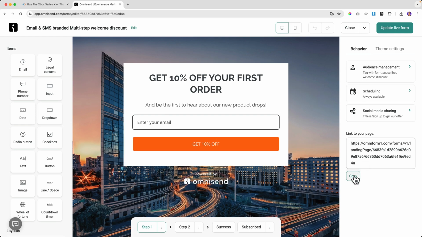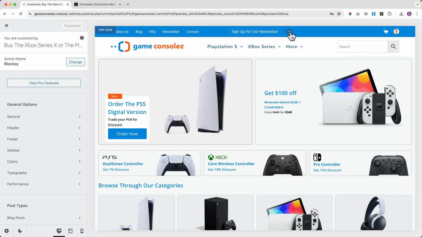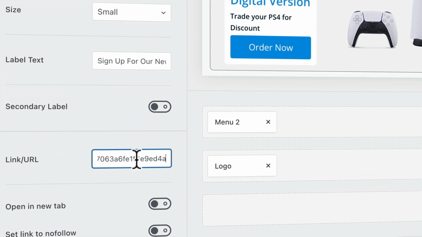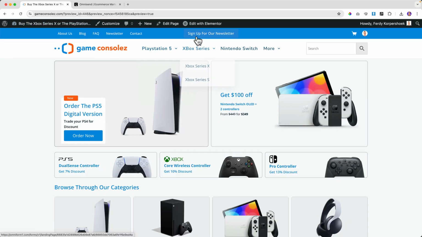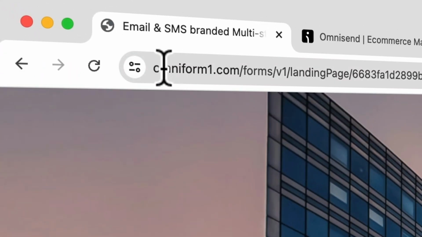So now it's a landing page. I can copy this. So what I can do, I can go to the customizer, click over here, change the link to this one, publish, close this. Now when people click over here, they go to a landing page created by Omnisend.